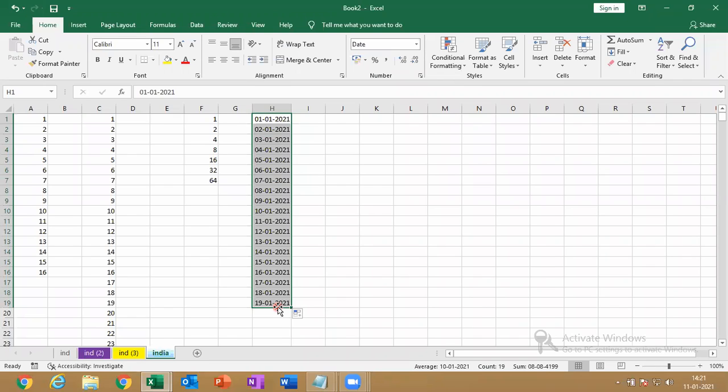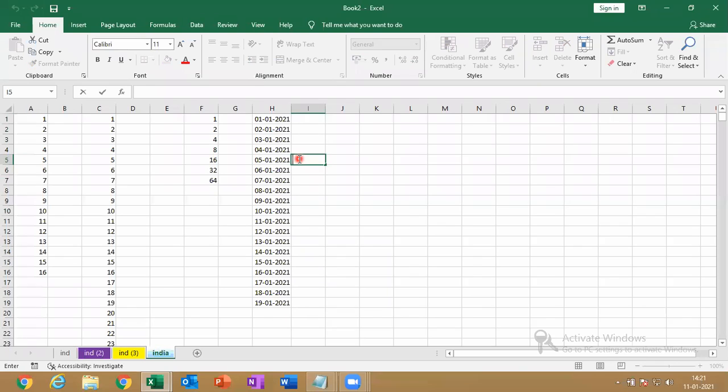So now see, you have a box here, the autofill option. Just click on this arrow mark. See, copy cells means the same thing will be copied everywhere. Very important. Fill series means it will be filled in the series. Next, fill formatting only. Okay, one second. Let me give some formatting also.